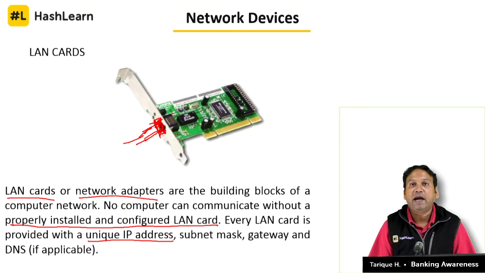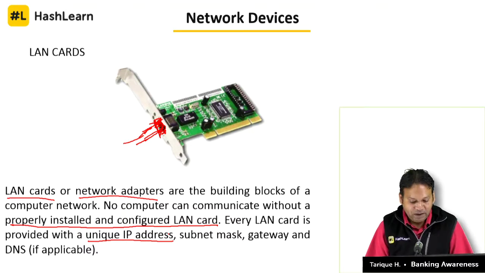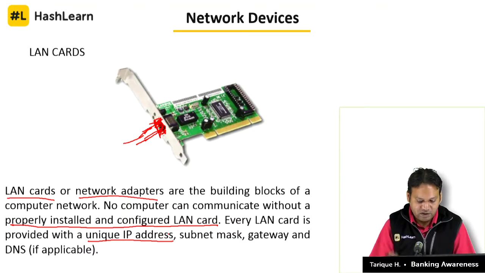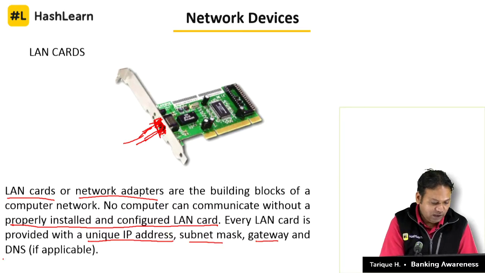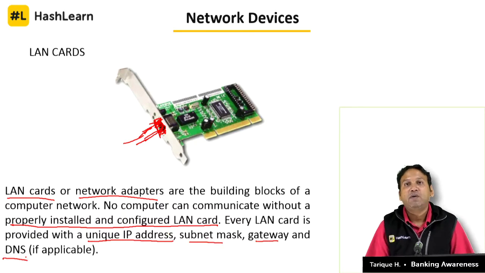IP का फुल फॉर्म क्या है? IP is Internet Protocol. So हर कंप्यूटर के लिए एक IP address होता है, एक subnet mask होता है, एक gateway होता है और DNS होता है. Now if you want to see for your computer what is the IP address, what is the subnet mask, what is the gateway and what is the DNS, what you will do is you will go and click on the